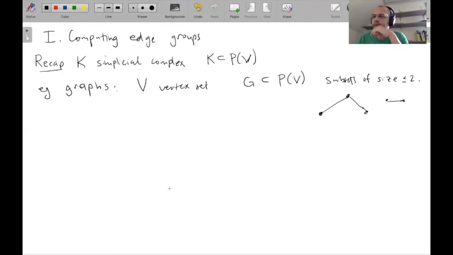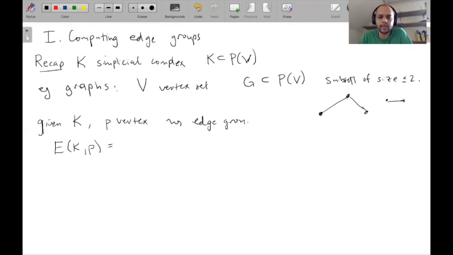All right. Okay, so last time at the end, we defined, given K and P a vertex, the edge group, which consists of edge loops based at P up to some equivalence. So for example,